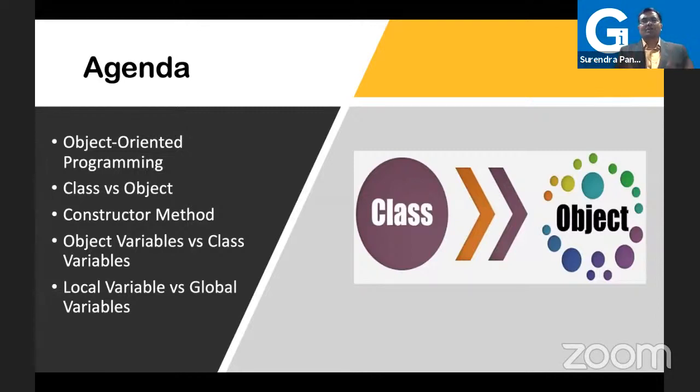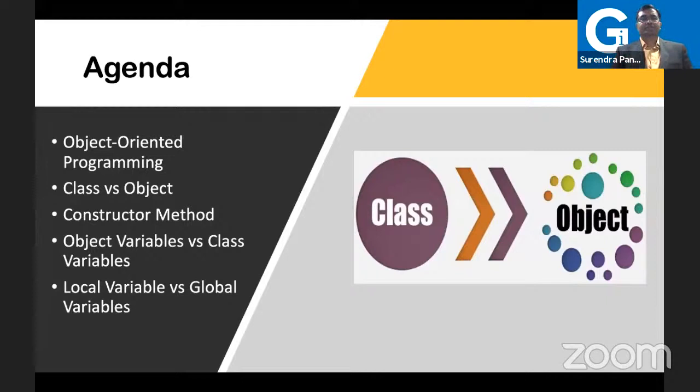We'll also understand what the constructor is and how to write a constructor. All this we'll be doing practically. Then we'll understand the difference between object variable and class variable. Then we'll see the local variable and global variable difference also. When to use an object variable, when to use a class variable, when to use a local variable, all these things we'll understand